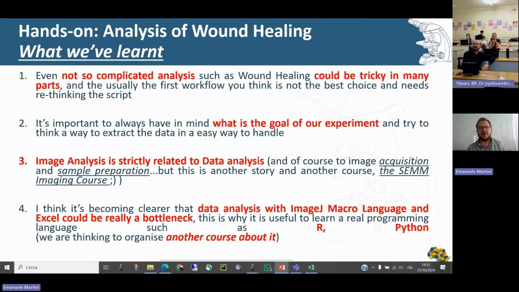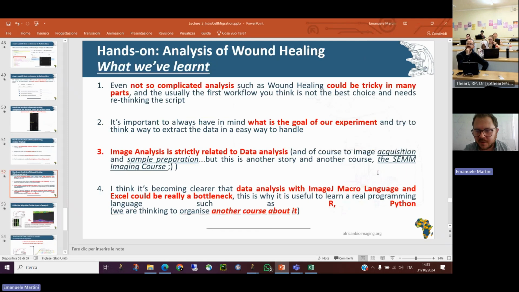So what we have learned, in my opinion, is one important thing: even a not so complicated analysis, wounding, as you can see, is not such a big deal. It's really one filter, one segmentation, and fitting a line. So it's quite basic stuff. But even in something so basic,